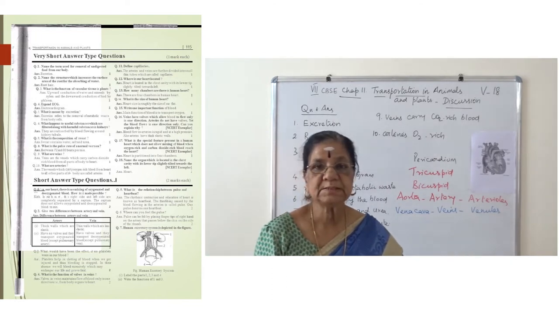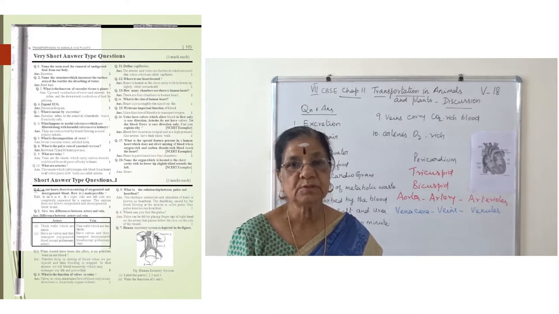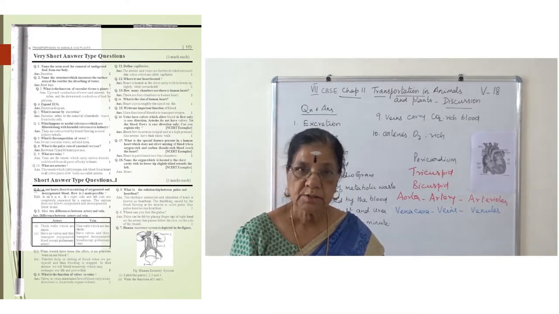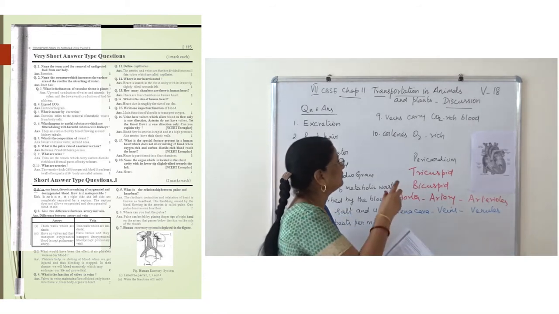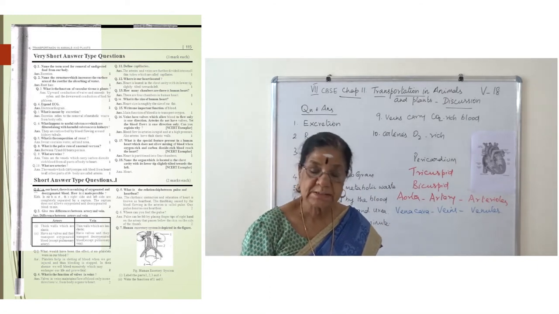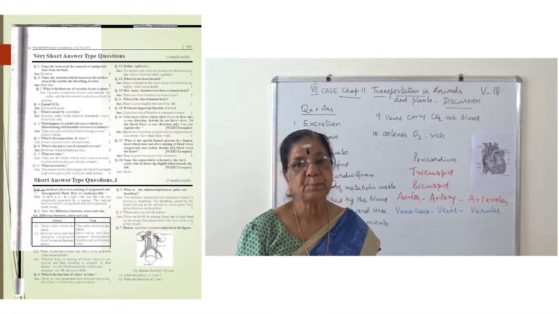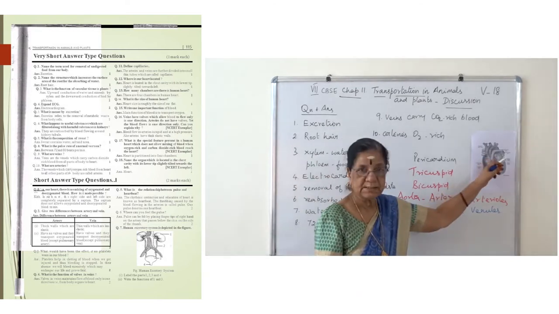The vessels which distribute oxygenated blood, or pure blood, or oxygen-rich blood to various parts of the body. Where does it come from? From the lungs,